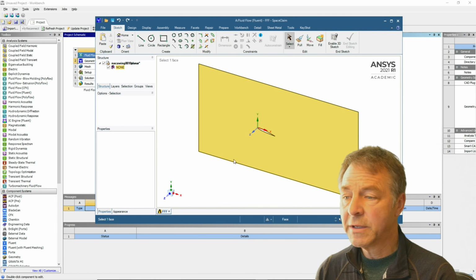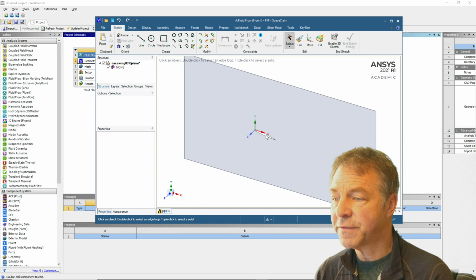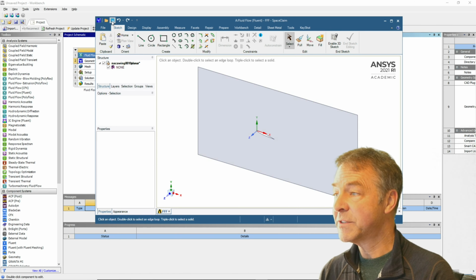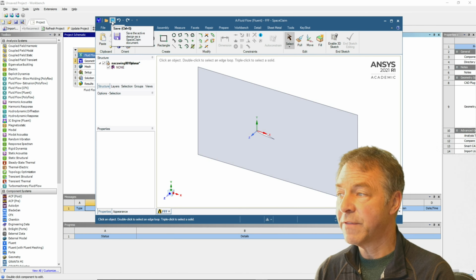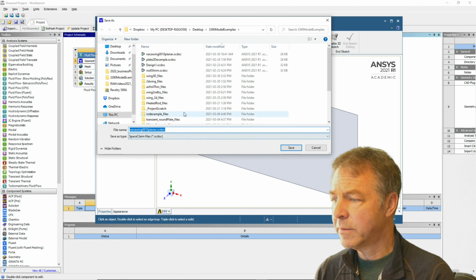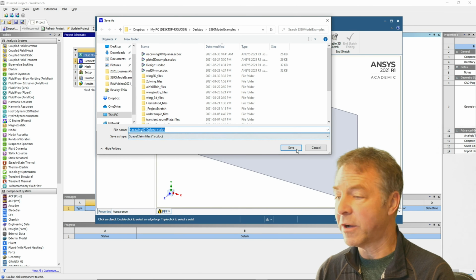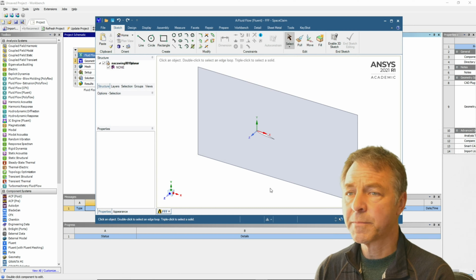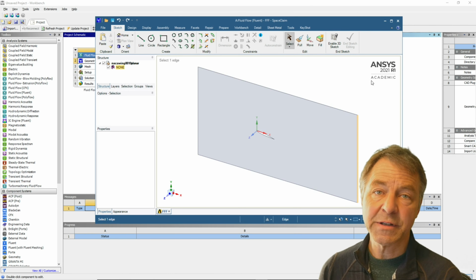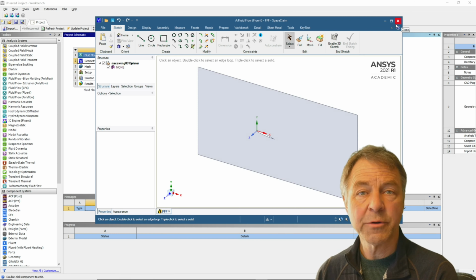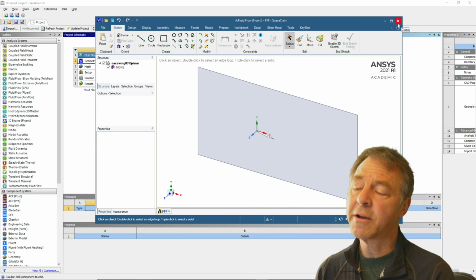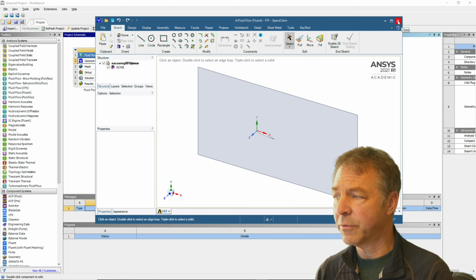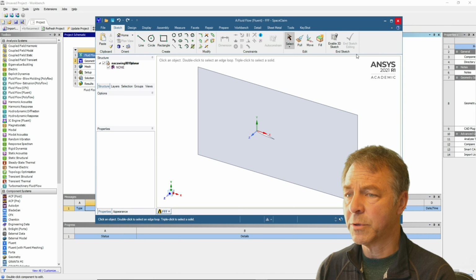And there's SpaceClaim. SpaceClaim has opened the file. Everything looks just fine. Nothing's changed. And we don't have to do anything. We can just simply save that. And it's going to save it as a SpaceClaim document. And that's exactly what we want. If you don't do that, as I said, and you just have it in there as the direct file out of SolidWorks as a step file, it'll cause problems. Fluent doesn't recognize the geometry as a plane, unfortunately. So we'll close SpaceClaim,